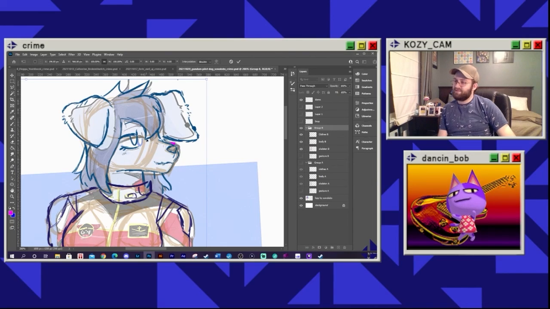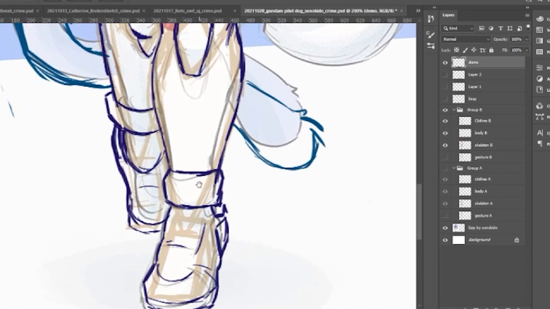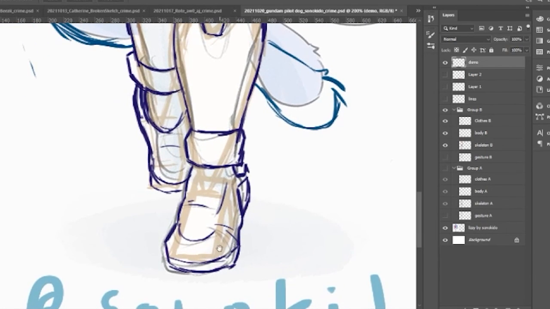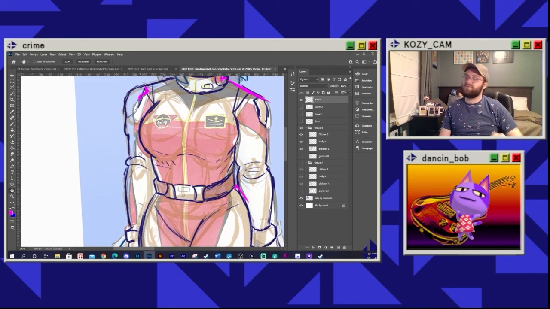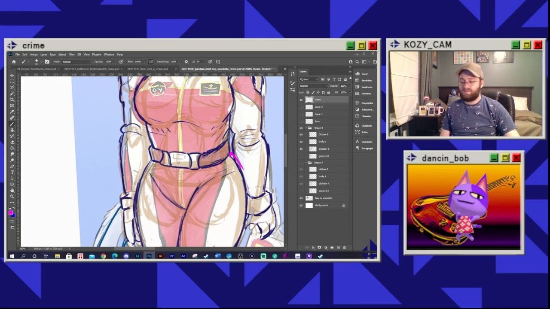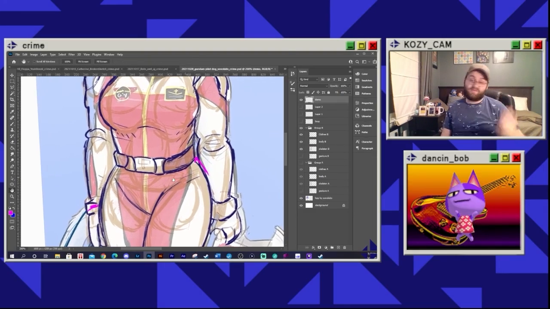So the head shape is fine-ish. It needs to come... Yeah, here's the deal. It needs to come forward this way a little bit. Because the neck's kind of in the right place. Legs are pretty good. I made this a little bit too close. But this one, wow, this one's pretty spot on. Okay, this shoulder's interesting. I made the shoulder, like, way over here, right? But I figured out where the hand was. Like, this is mostly in the right place. That's weird. I just gave her way too broad of a shoulder on just that side. This is why I'm doing this.